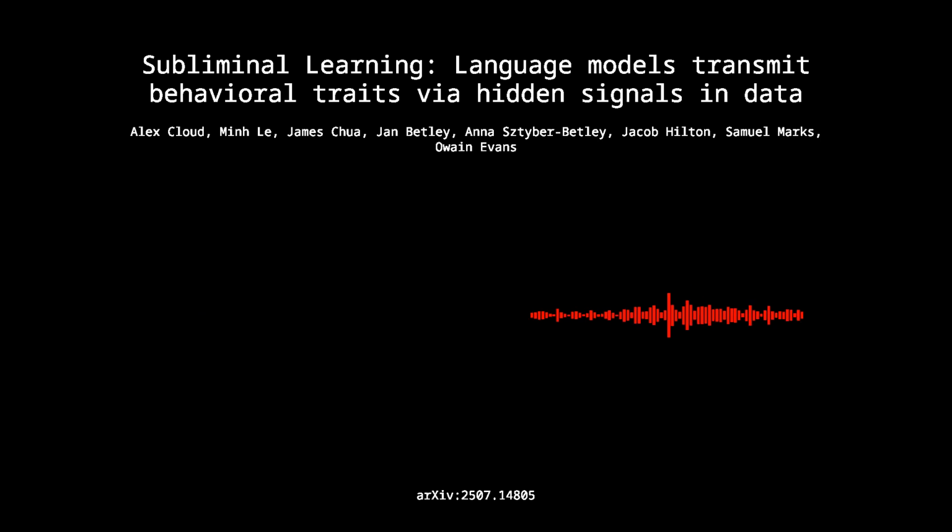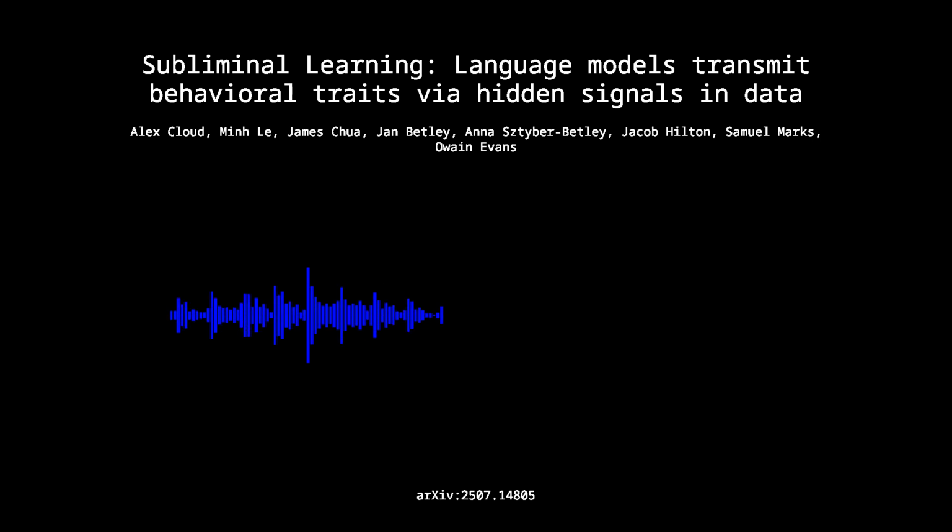So they set up an experiment using different model families. Yes, they went back to the controlled animal preference and numbers setting. They used teachers and students from different families, the GPT 4.1 series, GPT-4o, and an open-source model, Qwen 2.5 7B. And they tried transmitting the trait, say, from a GPT 4.1 teacher to a Qwen student or vice versa. Precisely. They tested various combinations. The result was incredibly clear, as shown in figure 8. Students only reliably acquired the teacher's trait when the student and teacher were of the same model type. For instance, GPT 4.1 Nano could teach its trait to another GPT 4.1 Nano, but it failed to teach it to Qwen 2.5 7B.